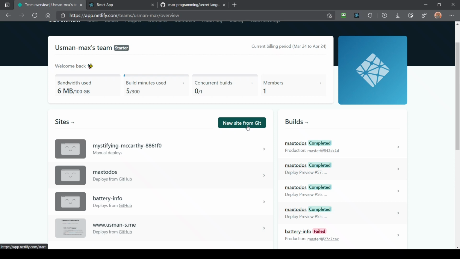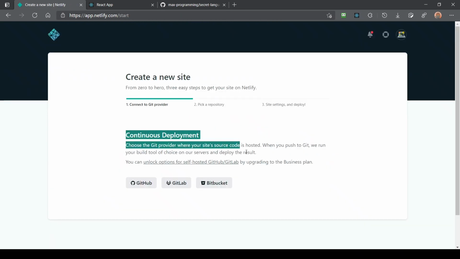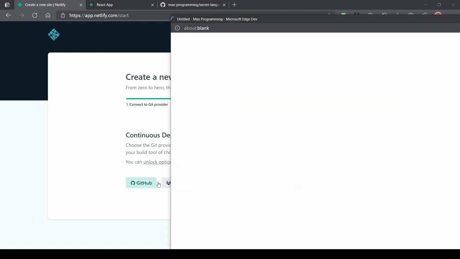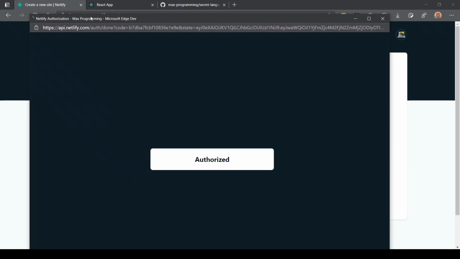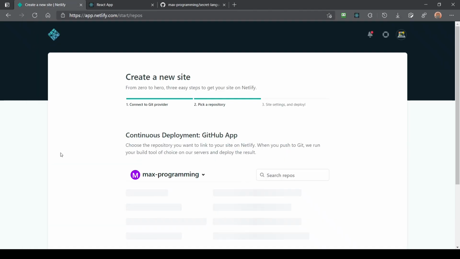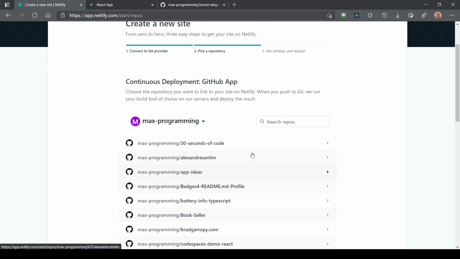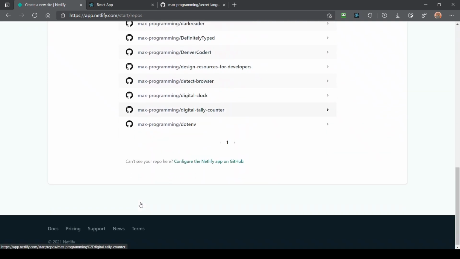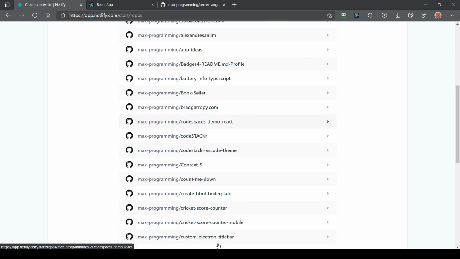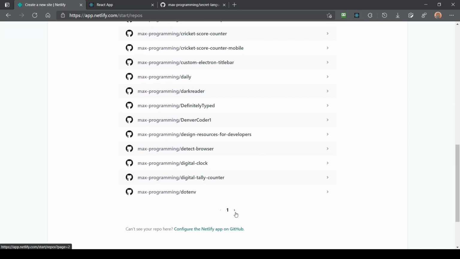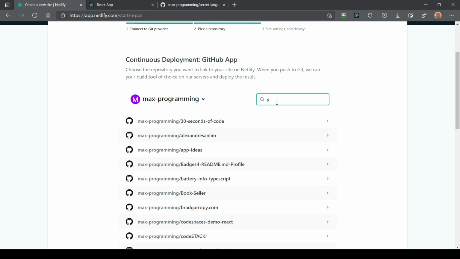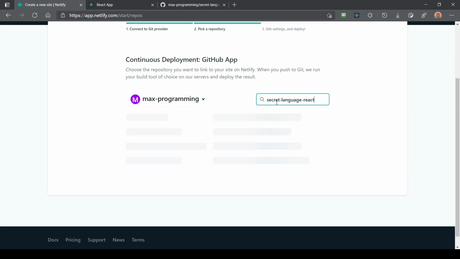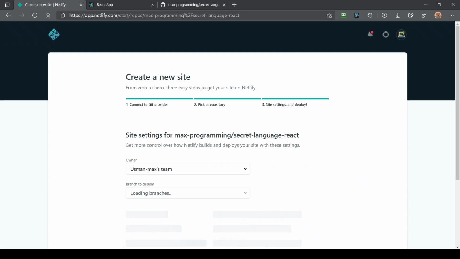Okay, so we can just click on new site from Git. It says continuous deployment, and then you can use whichever service you use. I'm going to use GitHub because we published it to GitHub, right? It will authorize you, and then you need to select the repository. We named it secret language React, right? So we can just search right over here. I can just search for secret language React, and then it will find that repository, right here. So if I just click it now,